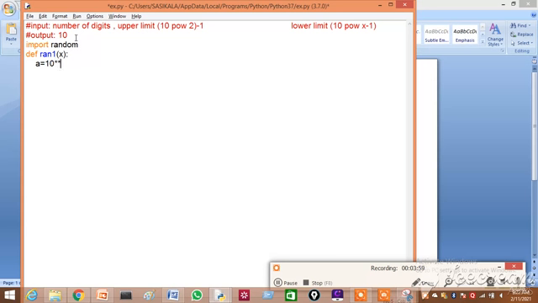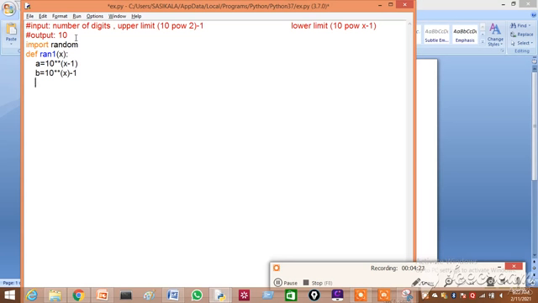10 power x minus 1. This is my upper limit. Then my lower limit will be 10 power x minus 1, this is my lower limit.